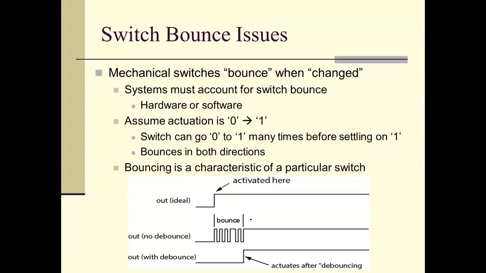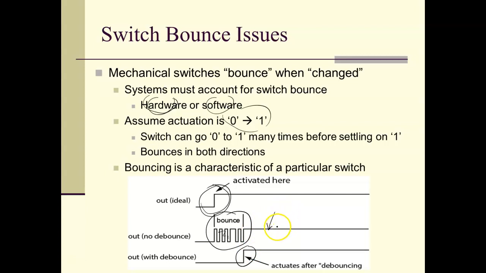So there's two ways to deal with bounce. One is in hardware and the other is in software. So for experiment 8, which is coming up, we're going to give you the module to deal with in hardware. So the notion is that when you're going from a 0 to 1, for example, you think it does this, but what it really does is it bounces a couple times before it stays on. Okay, so what happens is you think it's turning on like this, but it's actually bouncing a whole bunch of times,